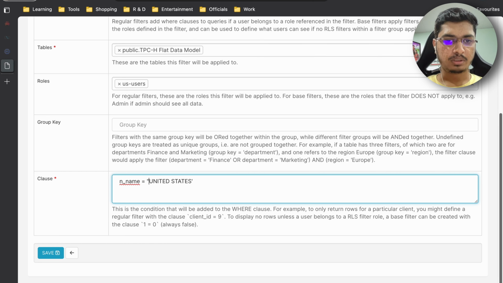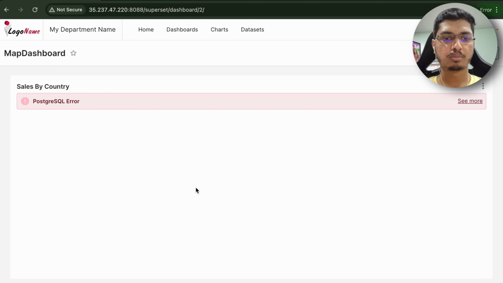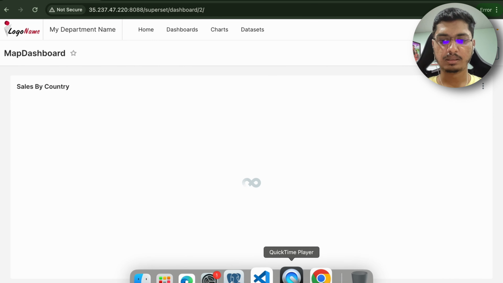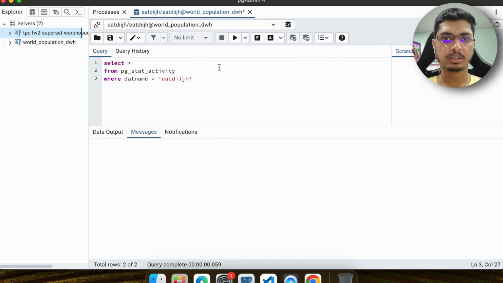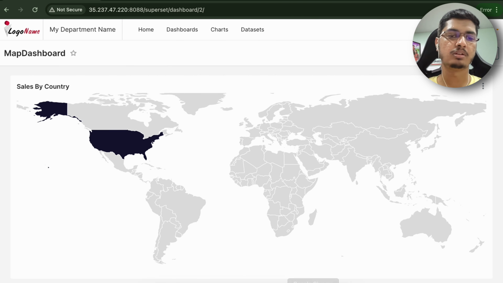It's PostgreSQL, so the double quote is used for column name. Let me refresh it. Till it refreshes, let me quickly go here and run this query. I hope it returns before our report loads. Okay, it already loaded. Now you can see we did nothing, we just added the RLS filter and the filtering criteria